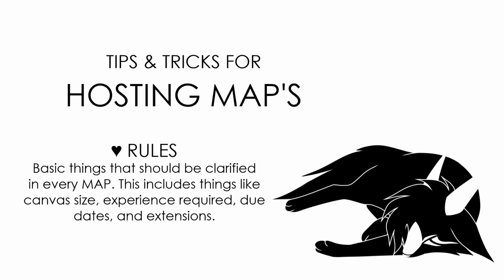Going back to the expectations and the due dates, it's going to be different for every single map. For me, I require that work in progresses usually be shown weekly or every other week. If one is not shown, there are no responses given within 72 hours, I usually drop the person from the map. Unfortunately, this is something you have to accept going into it. There will be people who drop contact, who don't want to respond to you, who respond late.